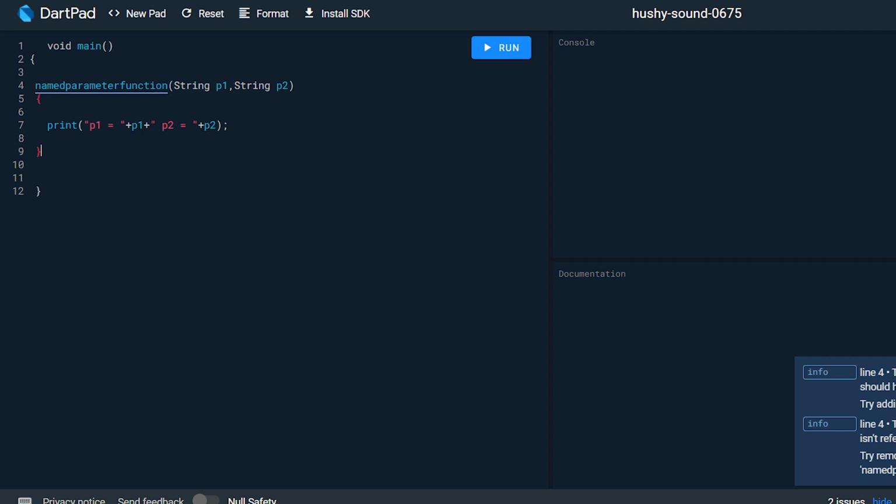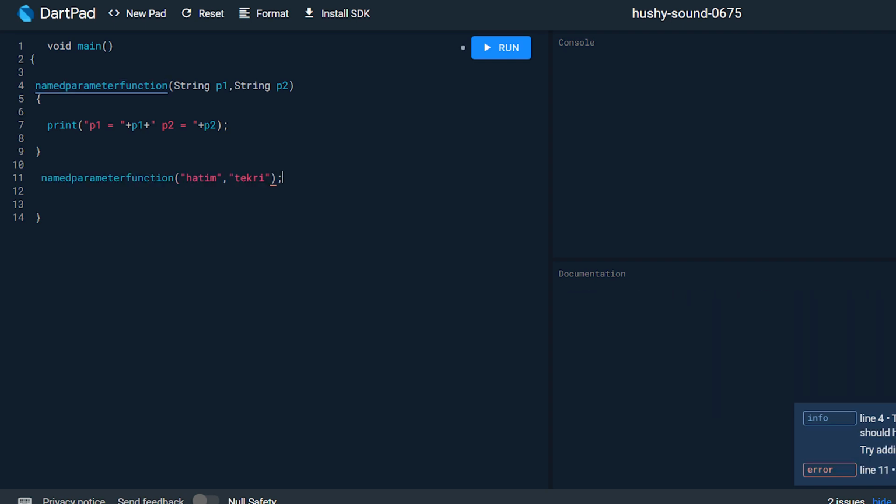This is the simple function which we have created. Now call this function. The first argument is Hatim and in the second argument we pass Tekri. Now let's click on the run button. Yeah, it gives p1 equal to Hatim and p2 equal to Tekri. So it works fine. It is a normal function with normal parameters.